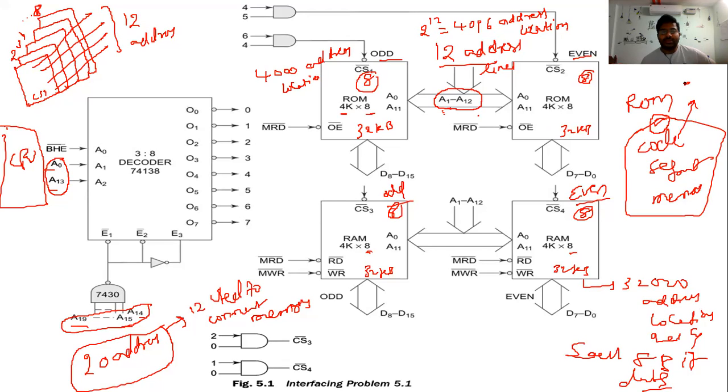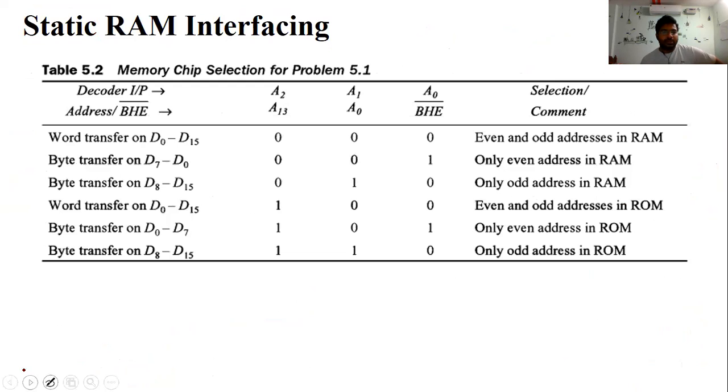So you cannot erase that code. That's why this ROM is only allowed to read the data. Only read the data. But RAM is used to read the data and at the same time write the data. So you can store some information from the CPU to this RAM, or if you want the information from this RAM, you can read that information. Whether the CPU has some data, you need to send that to RAM by using the write operation. But here ROM is considered only for the read operation.